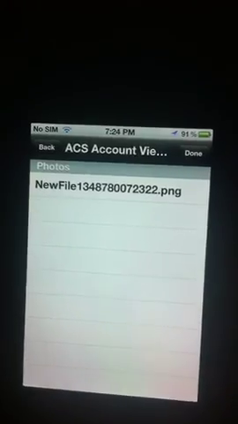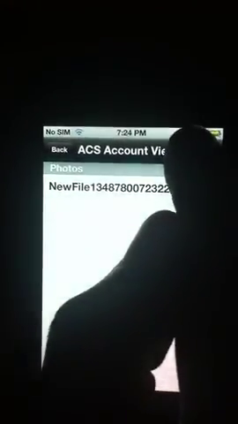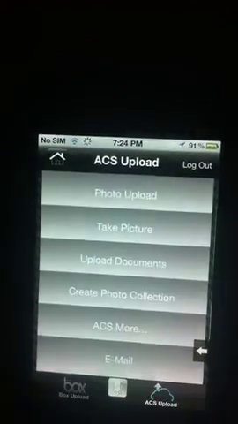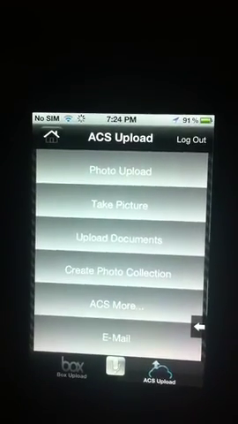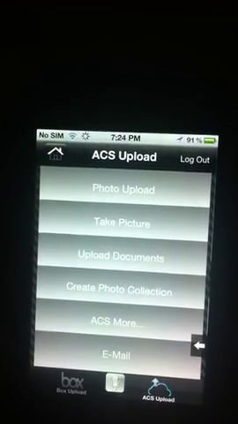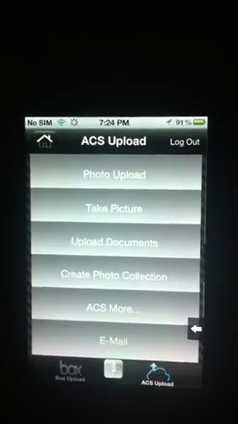I'll say choose a photo collection which is already created. And done. It's that easy. You choose a photo, choose the collection, and it's done.